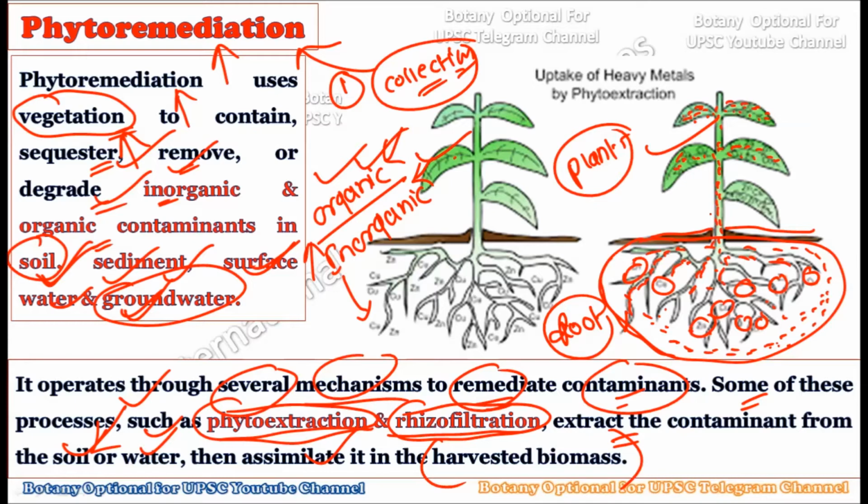And this is the literal definition of phytoremediation, when we say we are using the plants for cleaning the soil or to clean the water, okay. And the contaminants may be heavy metals or other kinds of contaminants, okay. It will all depend on the site, okay. It will differ from site to site. So whether we are going to use phytoextraction or rhizofiltration, it will all depend on which type of pollutants we are dealing with, okay.